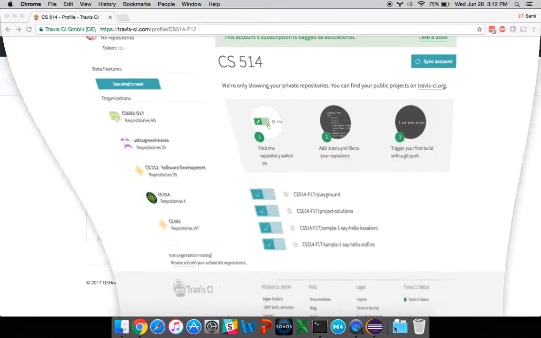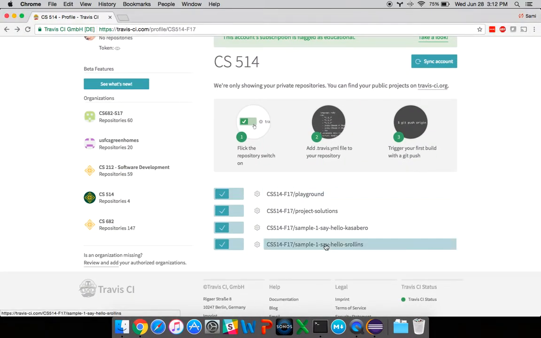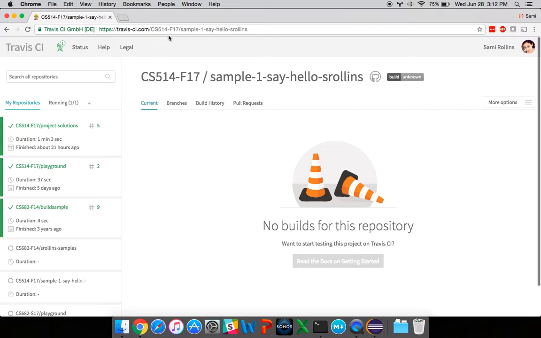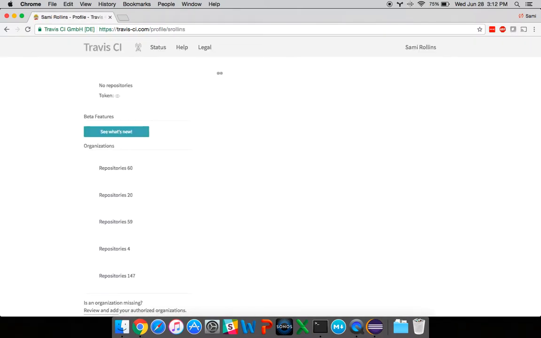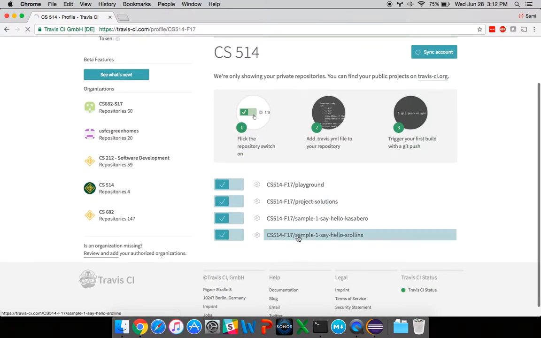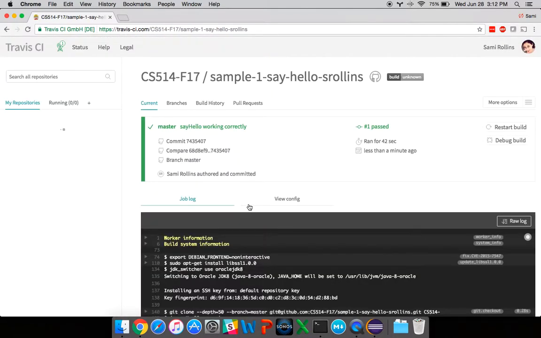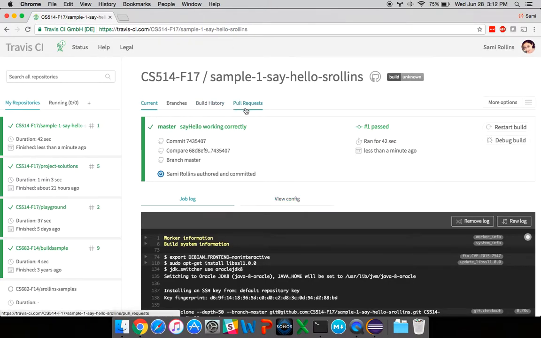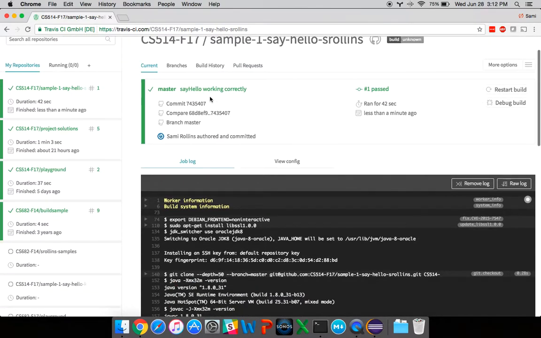So as a final step, what I'm going to do is I'm going to look at this repository. So if you log into travisci.com/profile, you should be able to see all of your repositories. And this is exactly what we want to see. So you'll be able to see all of your repositories if you click on the appropriate repository. What you will see is that hopefully you will see this green check mark that it says that it's working